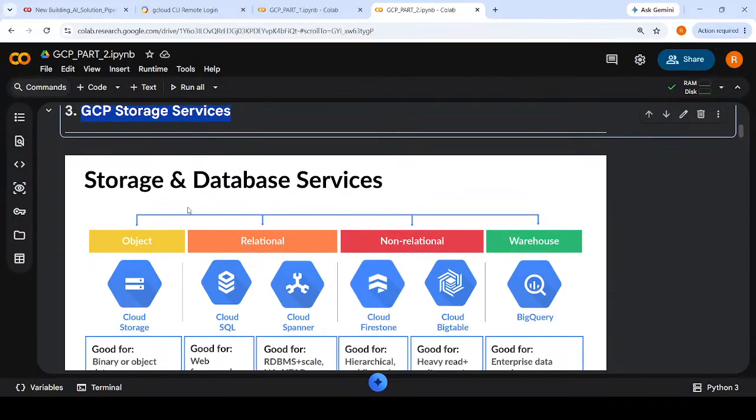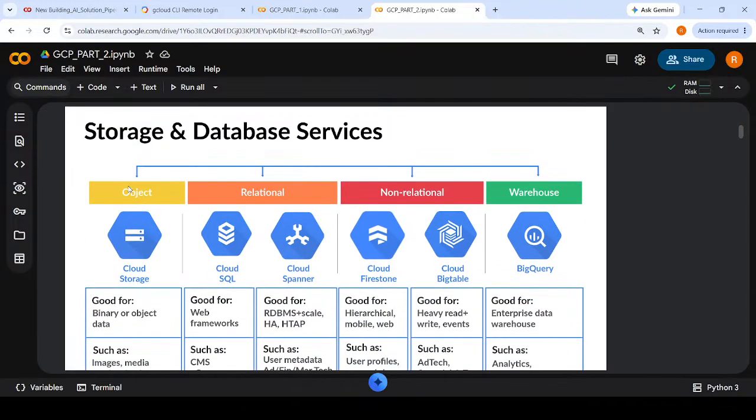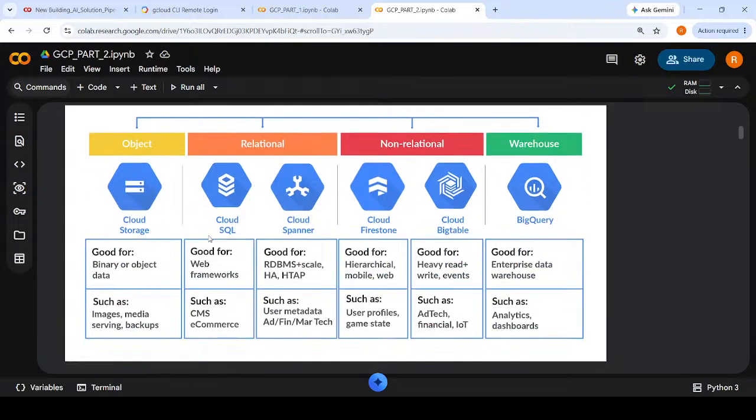Then these are the GCP storage services. What are the storage services provided by the Google Cloud Platform? So in this, we have object, then relational, non-relational, and warehouse. So this is the table which shows Google Cloud Storage is good for binary or object data such as images, media serving, backup. And then we have Cloud SQL,